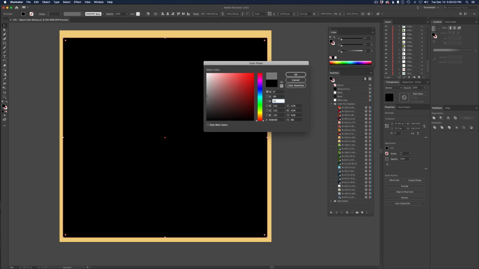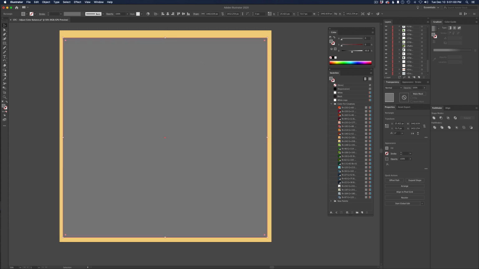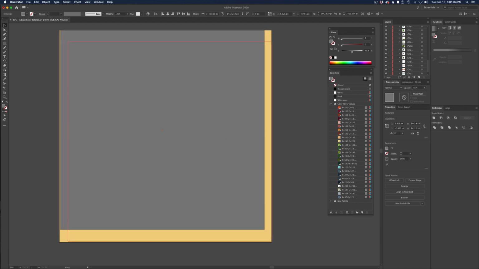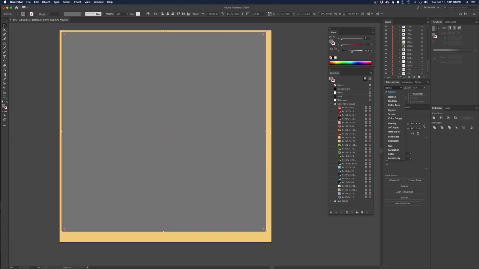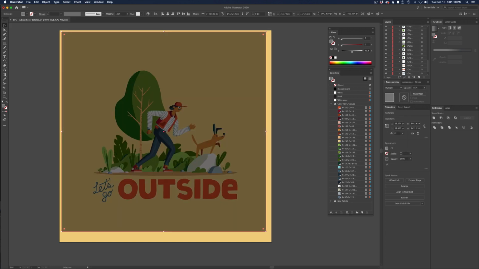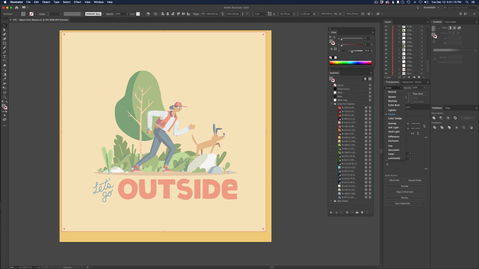So I'm going to make a square and put it over our artwork, and I'm going to set its color to exactly 50% gray. So no color information, right? And then you're like, great, it's a big gray square. Now what? Well, if we set its blending mode to multiply, you're like, oh, it's dark. If you set it to screen, oh, it's bright. If you set it to overlay,